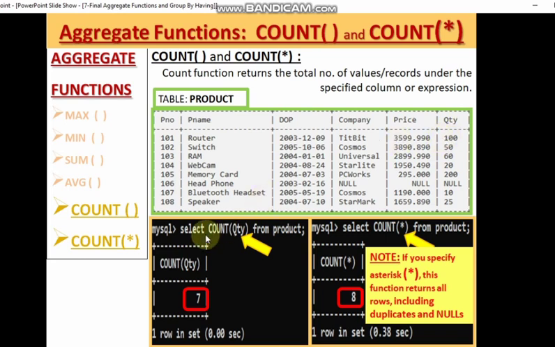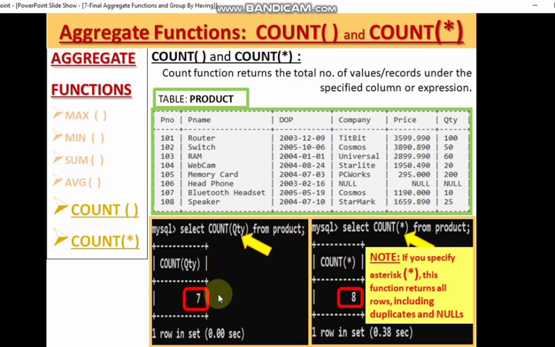Remember, count takes a field name as the parameter, which can be any field. It can be a date field or a string field. Count P name from product it can also take. So if you take count QTY, it will give you the answer 7.